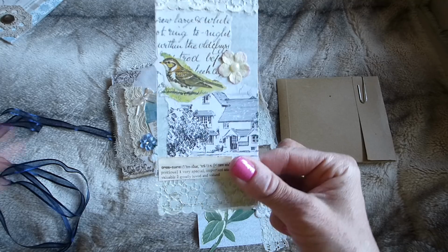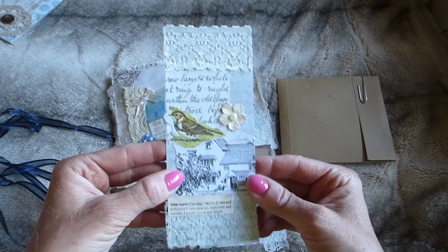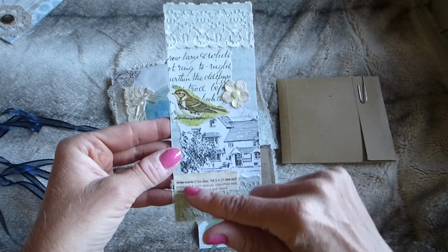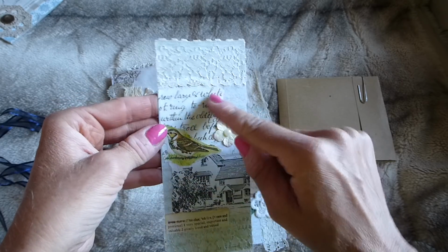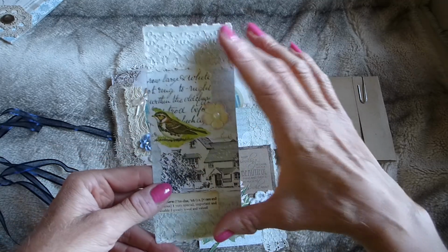this is one of those, I can't remember whether it's a pub or a tea shop, but from my pubs and tea shops from walks around the UK, vintage book. And then I've got a bird here also from another vintage book. And then here the definition of the word treasure, stamped image. Some of my vintage ephemera that I've just scanned in and printed,